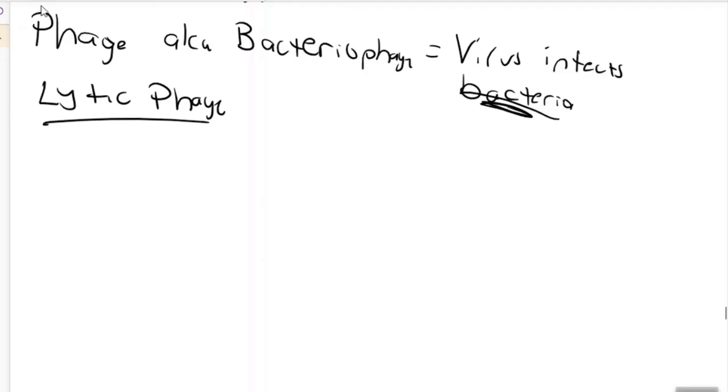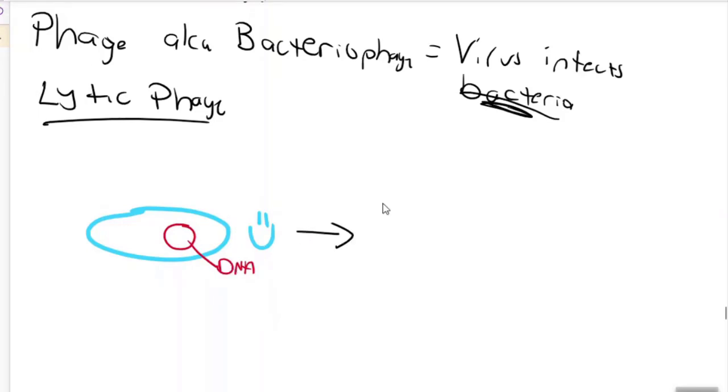So here's what this looks like. Here we have a bacterial cell. Right now it's nice and happy. It has no clue what's going to happen. Here is the bacterial chromosome, the DNA of the bacteria. So now, step 2, we still have our happy little bacteria and its happy little DNA, and along comes the